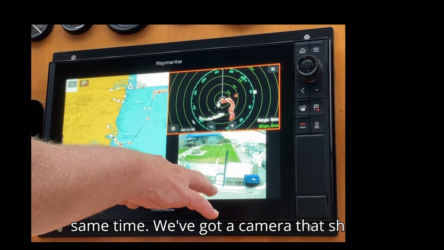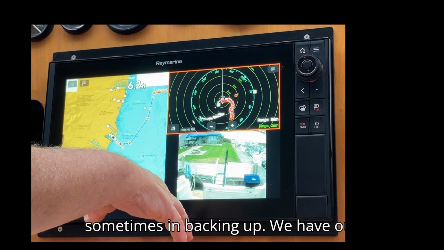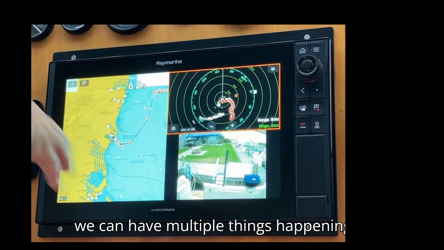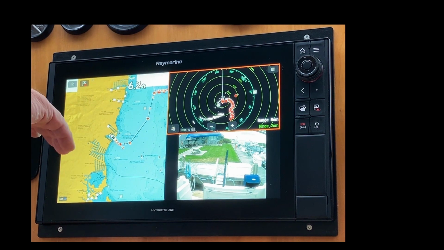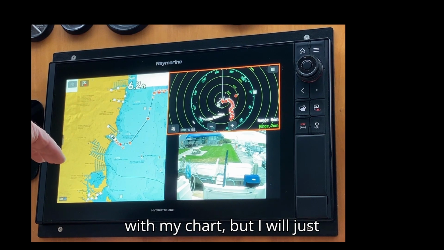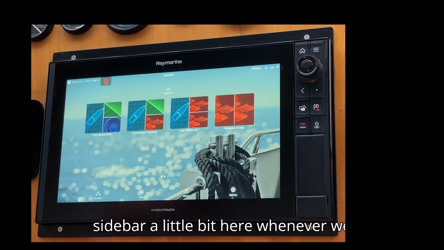We've got a camera that shows the back of the boat. We use this sometimes in backing up. We have our radar display and we have our chart, so we can have multiple things happening at one time. It's not something I personally tend to do. I tend to stay with my chart, but I will just exit out of this and just sidebar a little